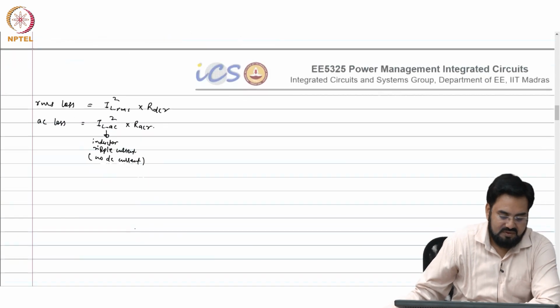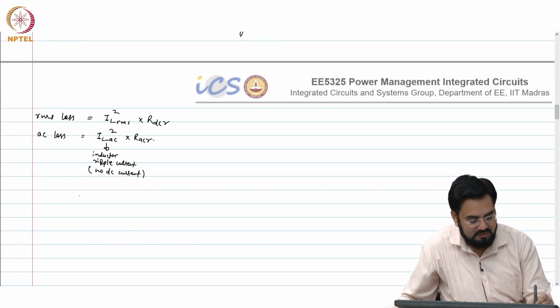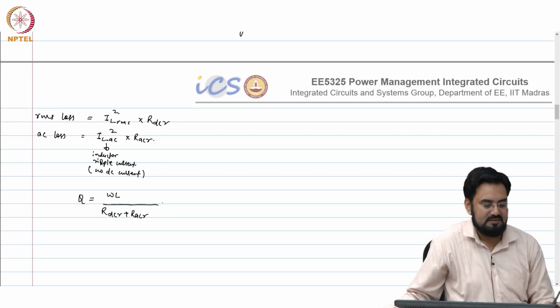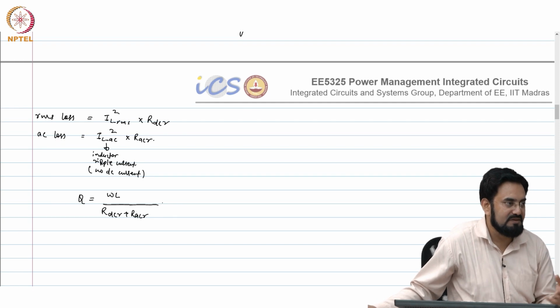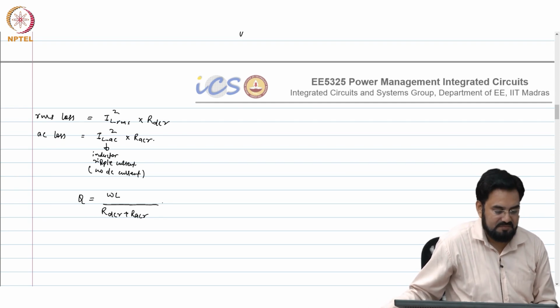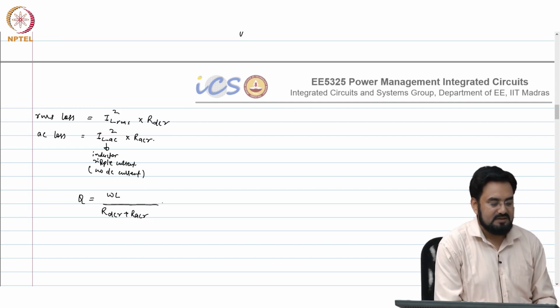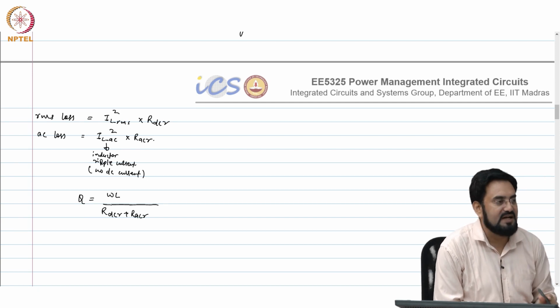Okay. And what if I want to write the Q of this inductor, what will be the Q? Omega L over total R, and total R is RDCR plus RACR. And you know, if Q is less, then losses will be high, the inductor will be poor. Okay. So, Q defines how lossy your inductor is. So, we usually want very high Q, means we have to minimize RDCR and